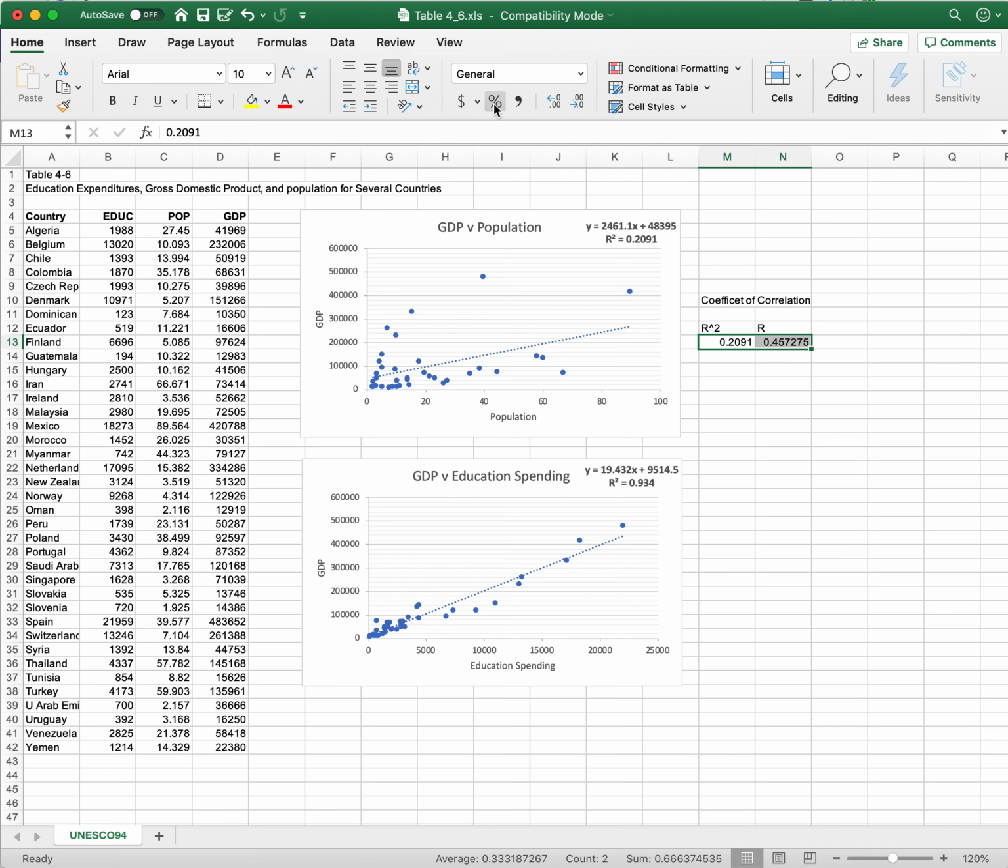And let's express them as percentages to one decimal place. So you can see that the R, which is the correlation coefficient, is not really compelling, and if we look in the case of the other one, where it is 0.934,